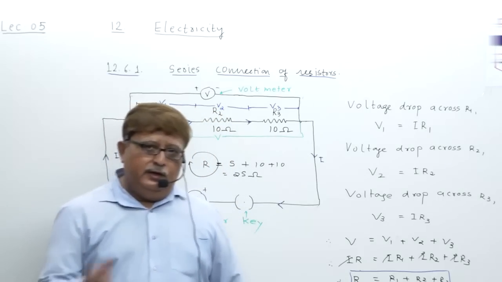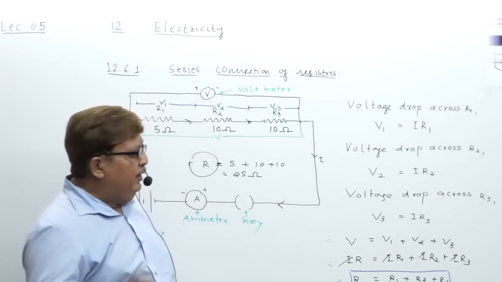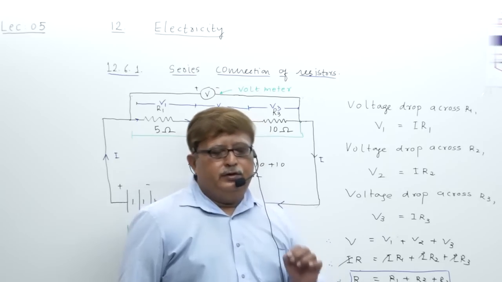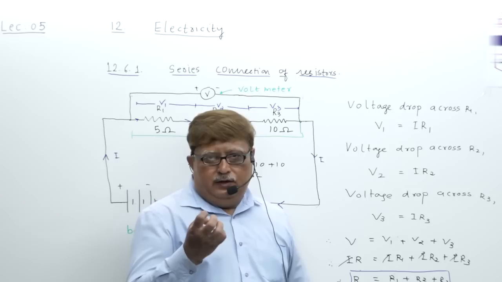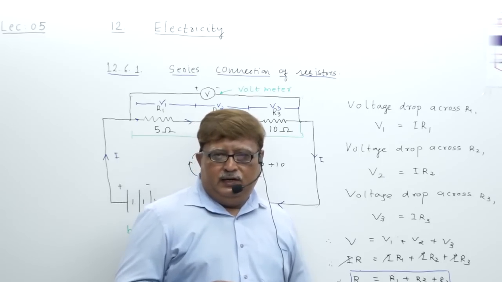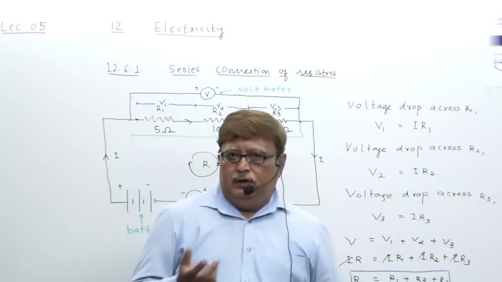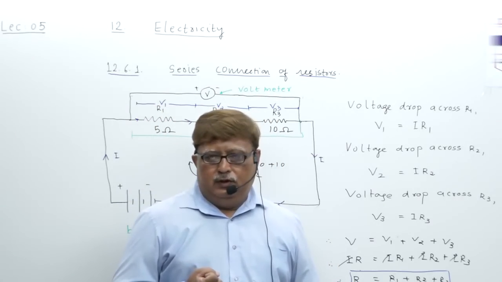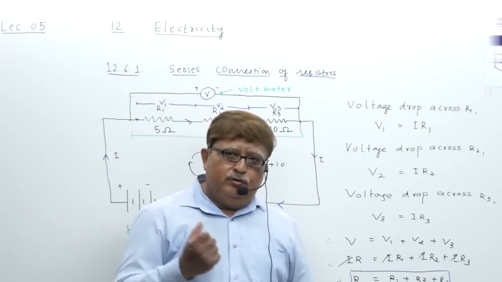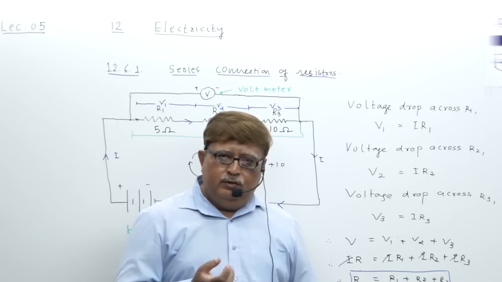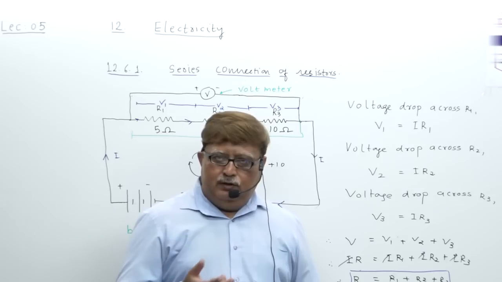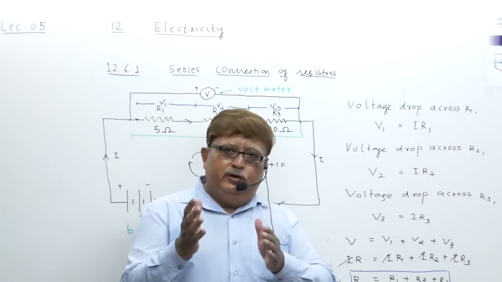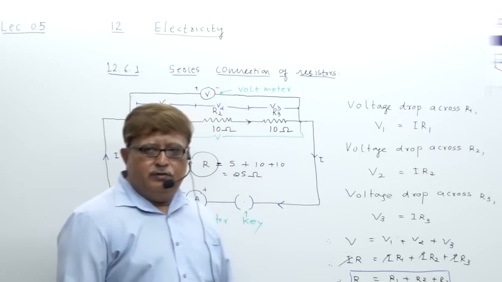Understood? Now can I remind you of that question I asked you? In a circuit, at some point I want a resistance of 10 ohm, but in the market I am not able to get a resistance of 10 ohm, but there are two resistors available, one of 3 ohm, one of 7 ohm. R1 is 3, R2 is 7, R1 plus R2 connected in series, 3 plus 7 turns out to be 10 ohm resistance.